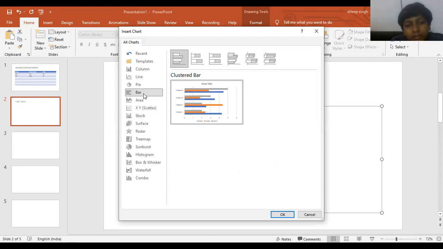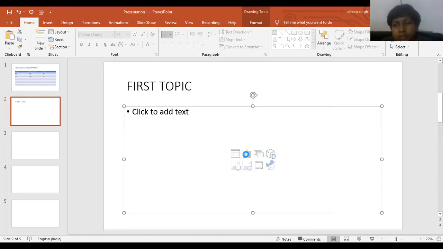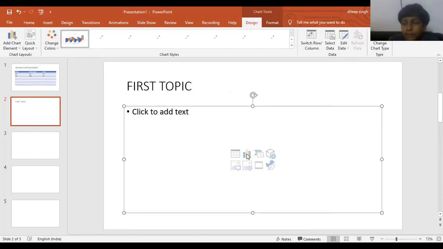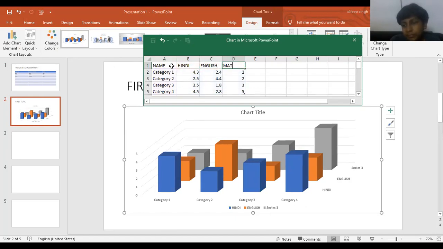You will get the chart in this format and it will also provide the table for the chart. Here we just added the particular cell and we get the chart in this particular section. Here we type a name and Hindi, English and maths.